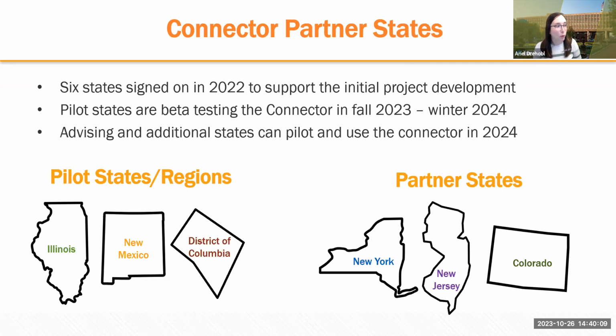At this point, we have developed the software and we're getting ready to beta test and roll out within these states, ideally early next year. And ultimately, we want this to be a software that any state could opt into using, as long as the state has a low-income community solar program in place that has those consumer protections that we're looking for, many of which are laid out within the HHS memo that was shown earlier. Moving on to the next slide.